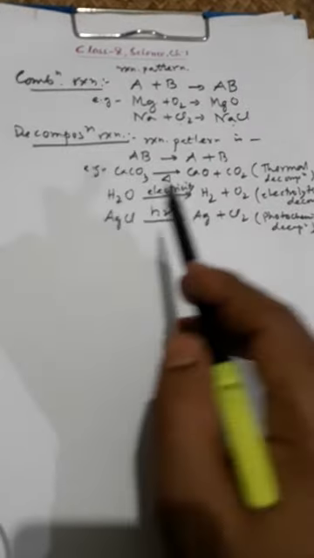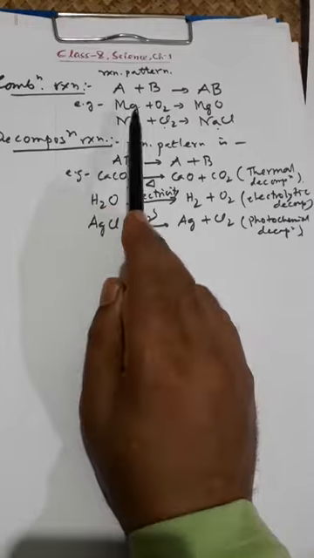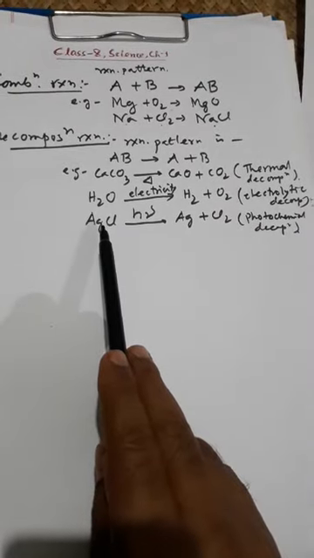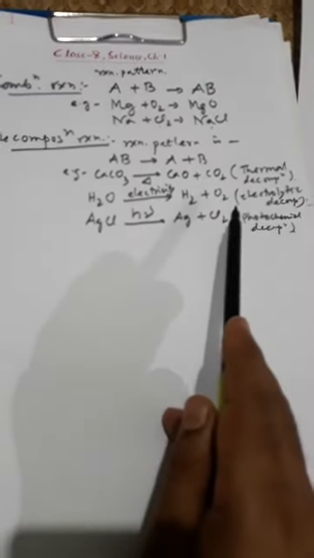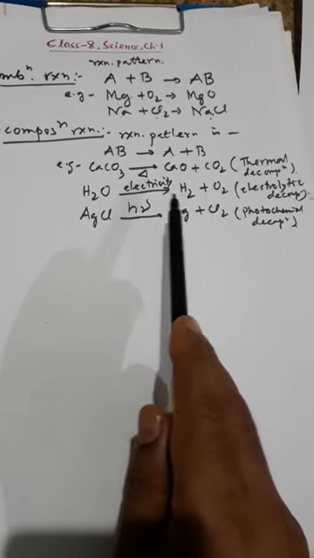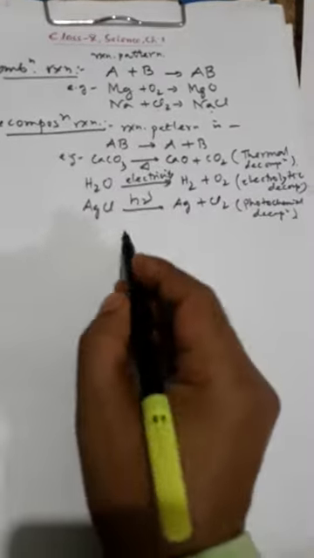Here you see between these two reactions, you can easily compare or differentiate that in a combination reaction, two or more reactants combine to give a single product, and in a decomposition reaction, a single compound gives two or more products. So we can definitely say that decomposition is the opposite of combination, just opposite. Now